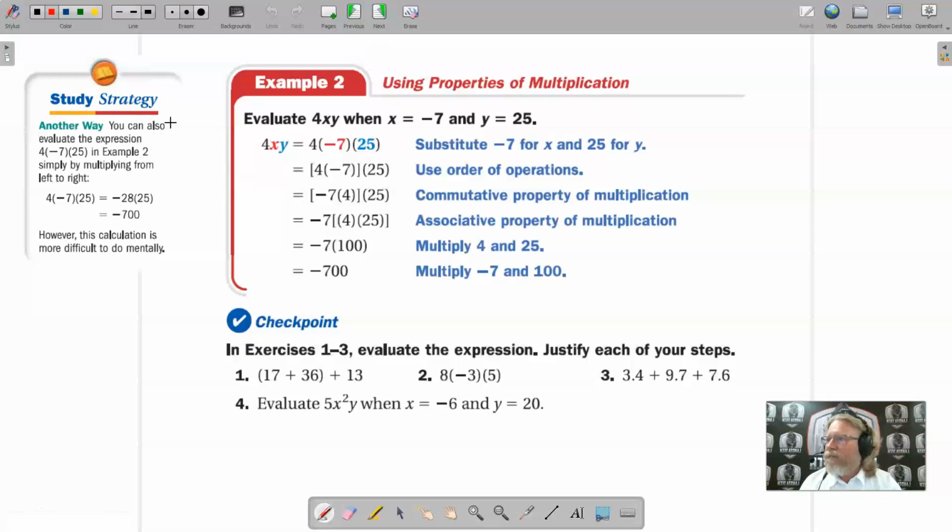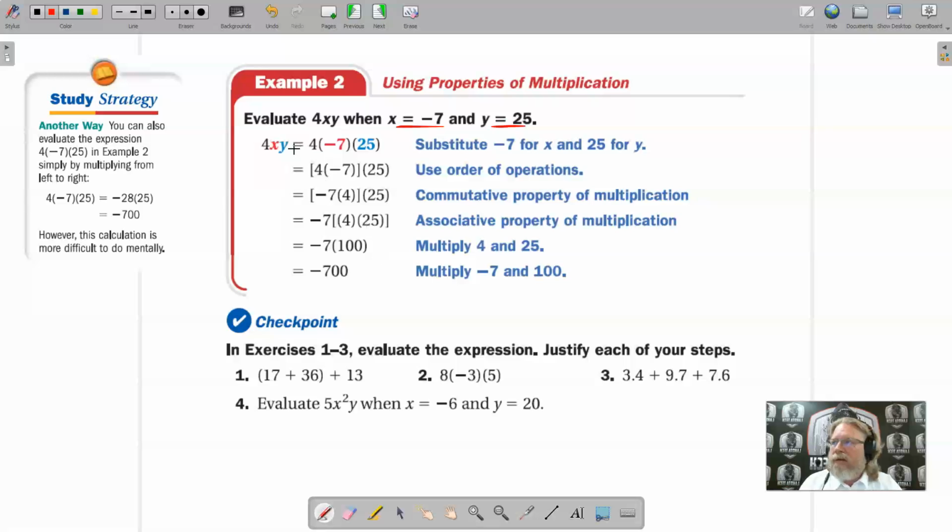Next one here. Using properties of multiplication. So we use properties of addition in example 1. Now we use properties of multiplication here in example 2. We have the task of evaluating 4xy when x is -7 and when y is 25. We know that evaluate means we plug in those values for those variables and actually solve it to some answer